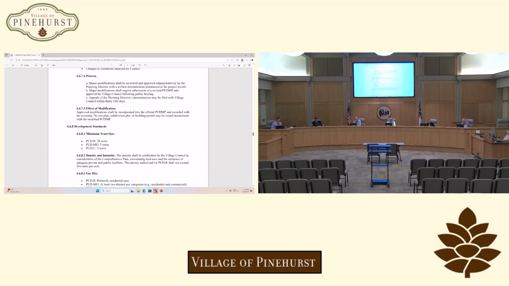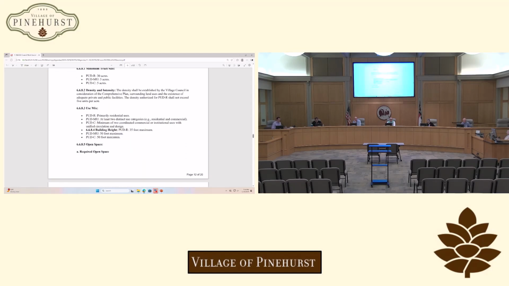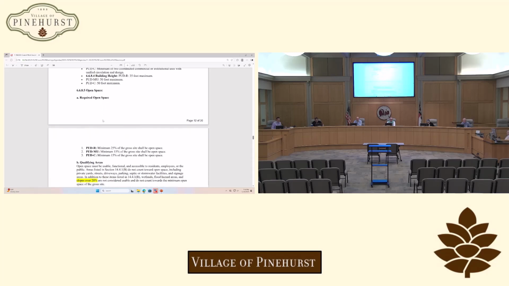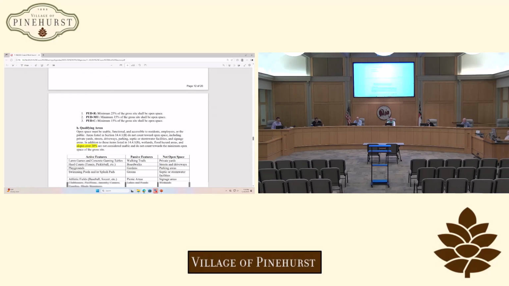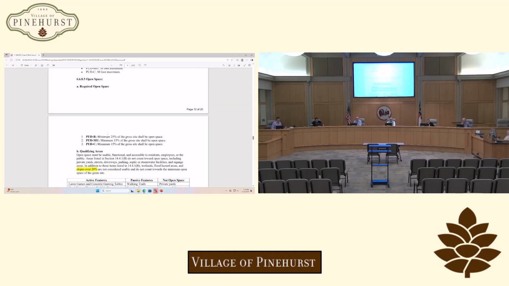Next section, 668, is development standards. What we have here is a list of specific things that if you're coming before us, you should have in mind when you come with your proposal. These are the basic bare bones that we're going to look at when you come before us. We have tract size, density, mixed use requirements, usual suspects, open space requirements. Open space is huge. You can't underestimate how important it is to have a balance of open space versus built-on area, within the community, within any development.